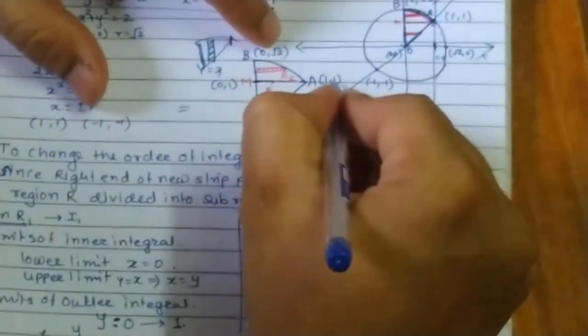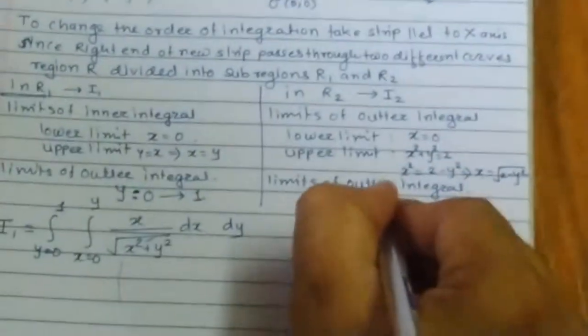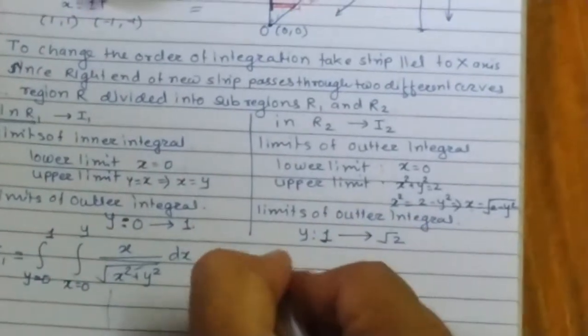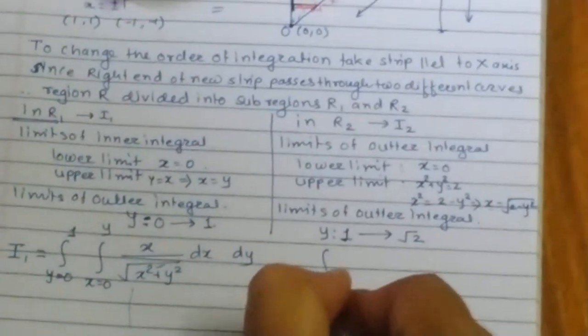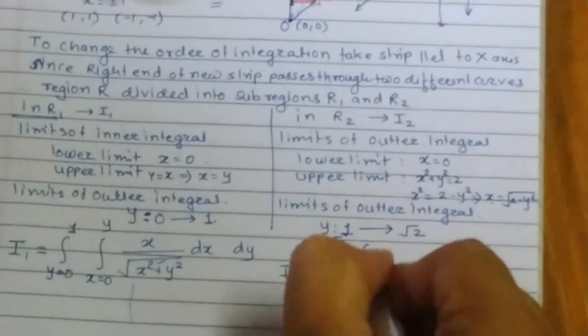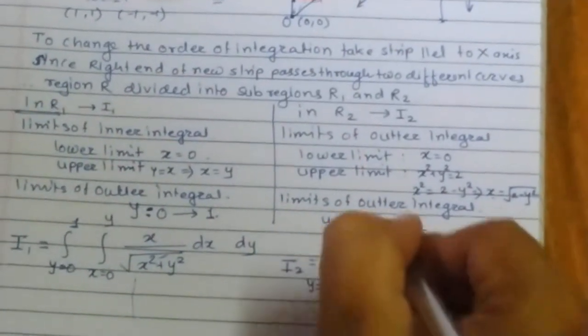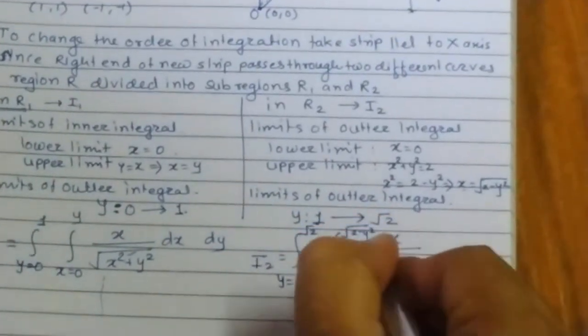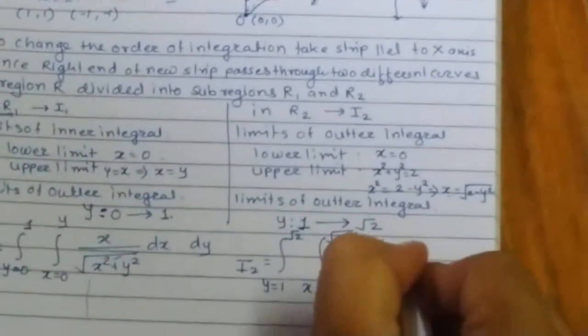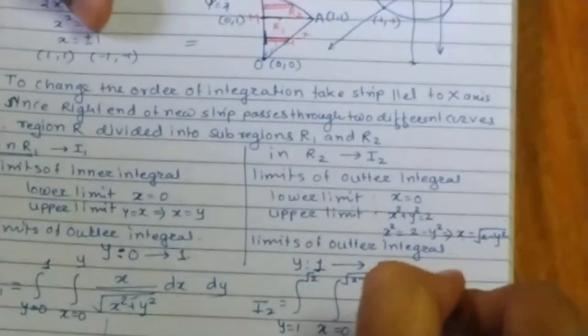So the y coordinate changes from 1 to root 2. Therefore your I2 integral is integration y equals 1 to root 2, integration x equals 0 to square root of 2 minus y square, x divided by square root of x square plus y square